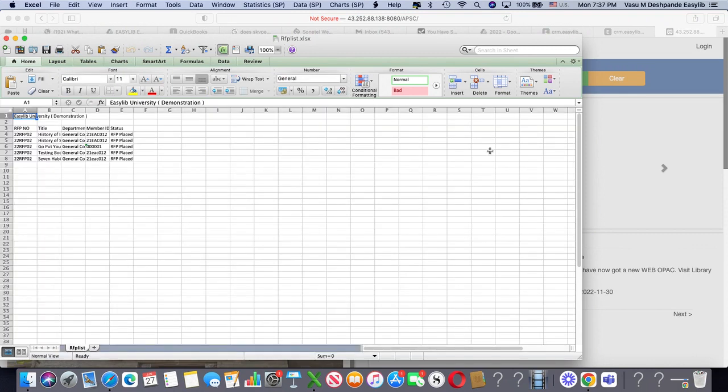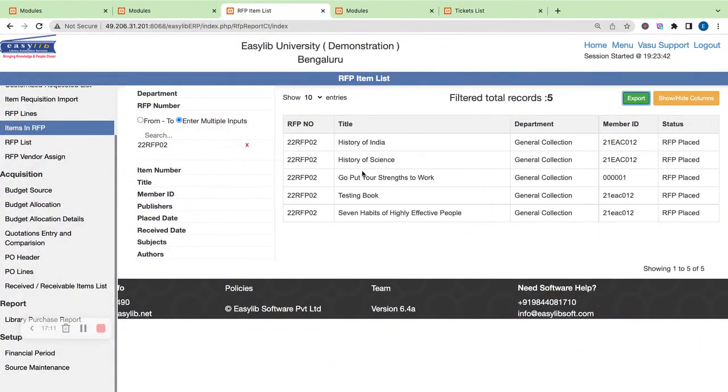The second option is that we have assigned the vendors different passwords. You call them and tell them, hey, we have placed this order. We have sent an RFP to you. Can you please